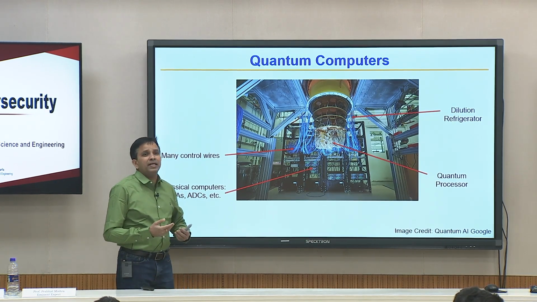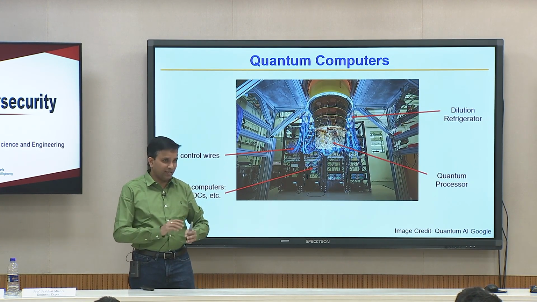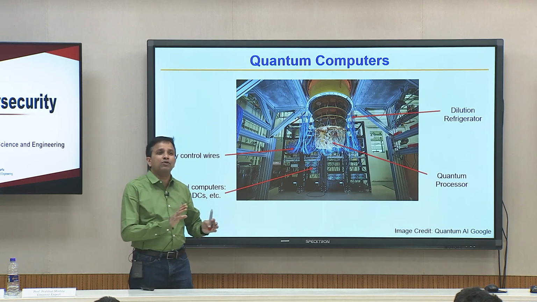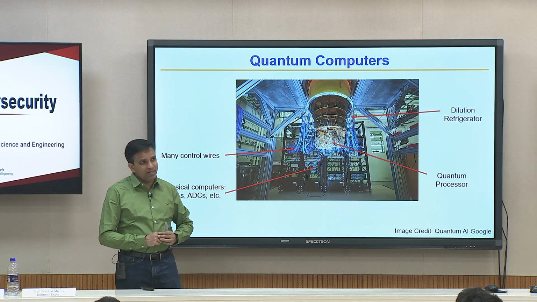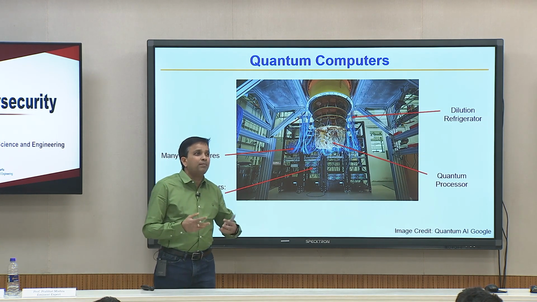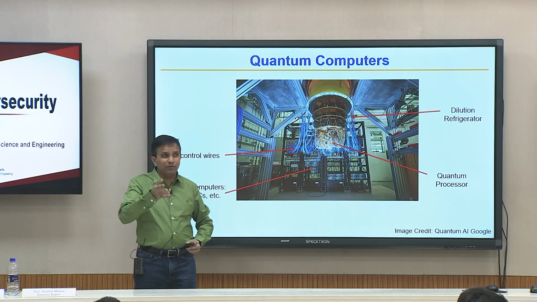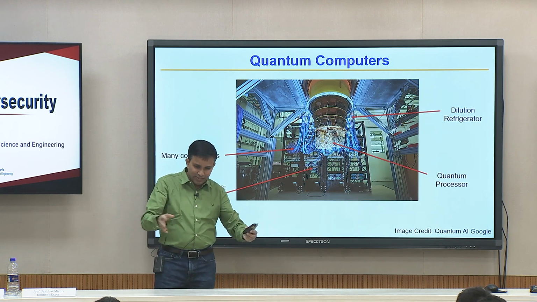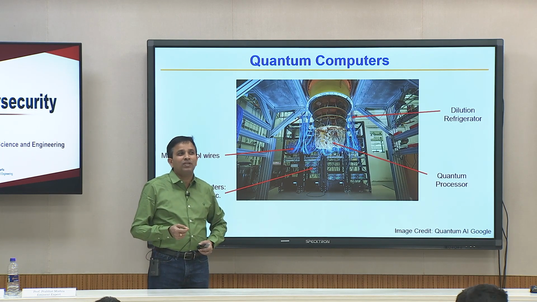The normal understanding among regular people is that quantum is very fast, but that is not true. It is just that a quantum computer can solve certain classes of problems theoretically significantly faster than a classical computer. You have seen one of them, or at least heard of one, like prime factoring. But if you think I want to do my addition faster than classical, classical I can do addition in whatever, 1 nanosecond, quantum I will do in 1 picosecond, that is not going to happen.